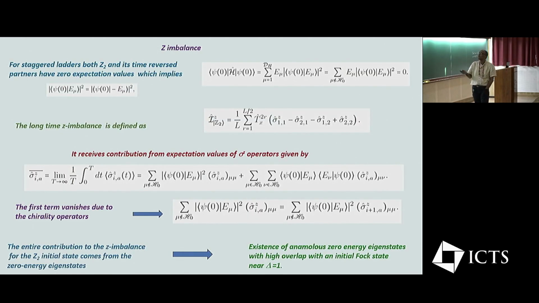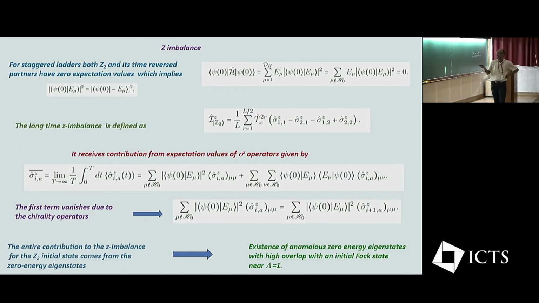What does this do? The other thing is that when we start from this Z2 state or its time reverse partner or the vacuum state, these have zero expectation value of the Hamiltonian, which means that these are infinite temperature states. And therefore, for this to happen, the overlap coefficients with any finite energy state have to satisfy this. So psi 0 E mu must be equal to psi 0 minus E mu, only then this sum can go to 0. The point is then that you can show that these, combined with the sign structure,